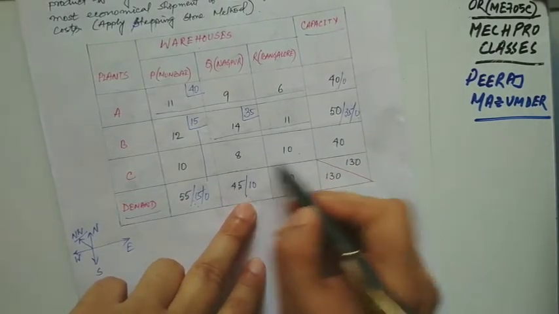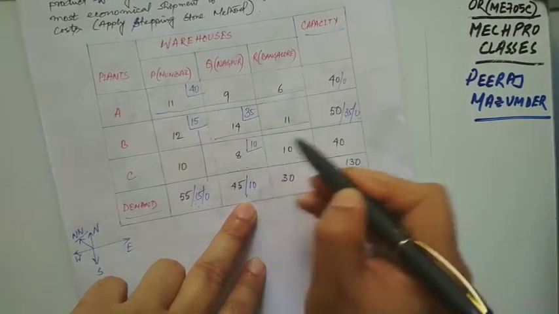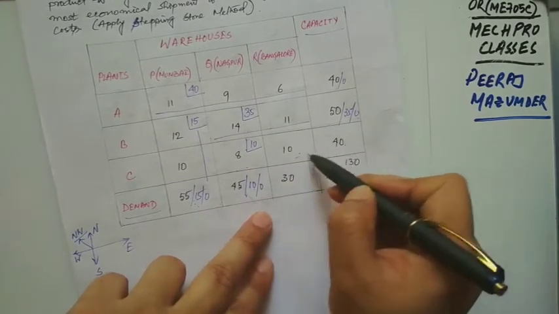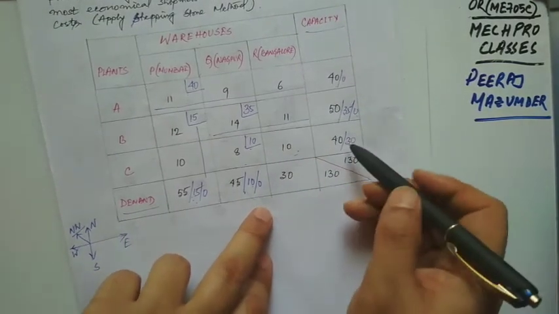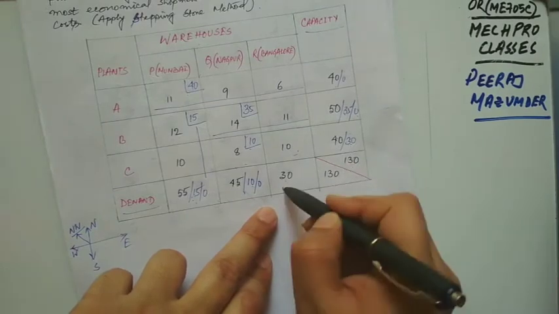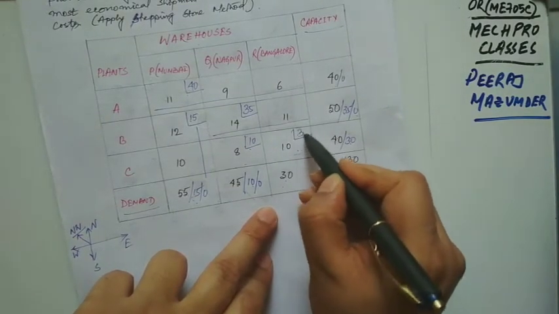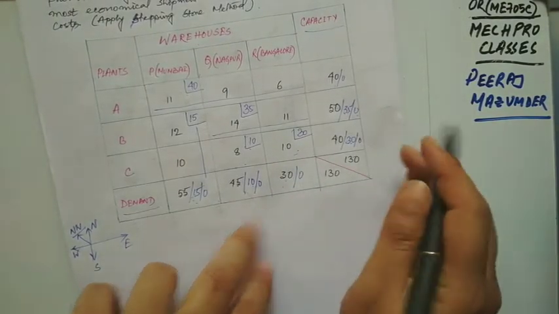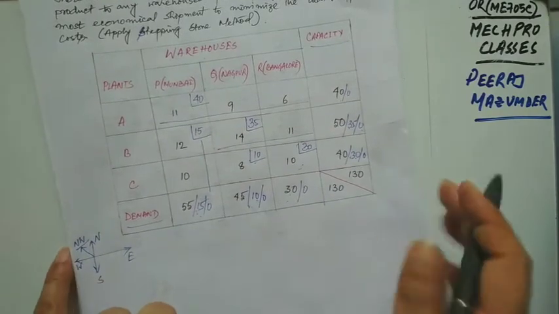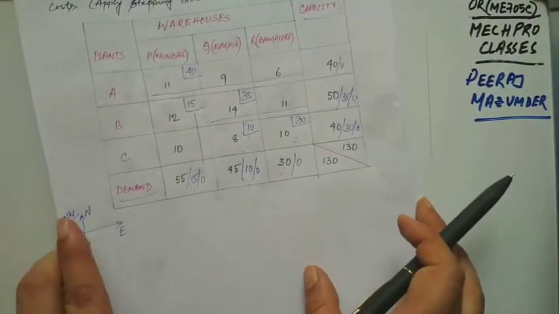Now remaining these two, we have to select this one 40 and this is 10. So we are having 10 over here. This becomes 0 and 10 goes, 30 remains over here. Okay. So now 30 here, 30 here. That means it is a correct way. So we have to select 30 over here. So both of the demand and capacity exhausts. Okay. So we have solved this particular method using northwest corner method.